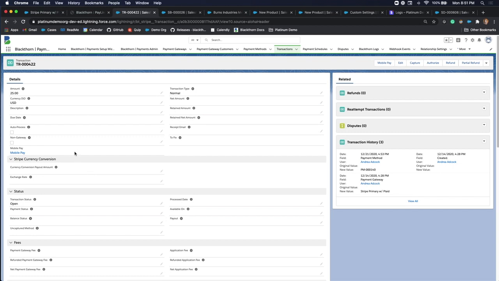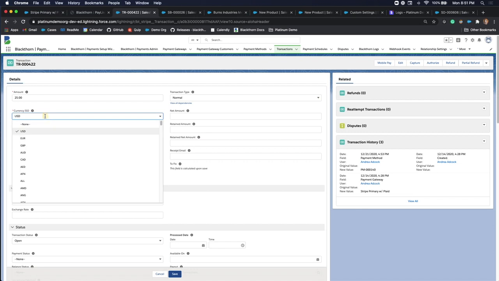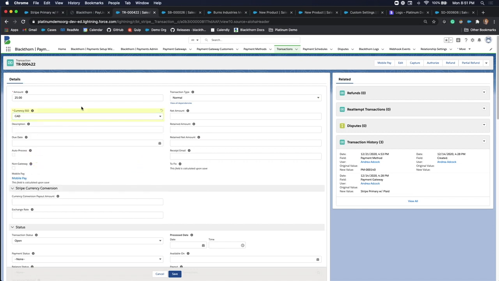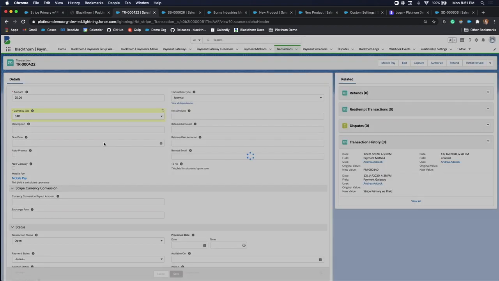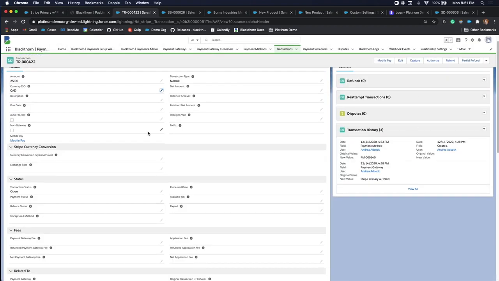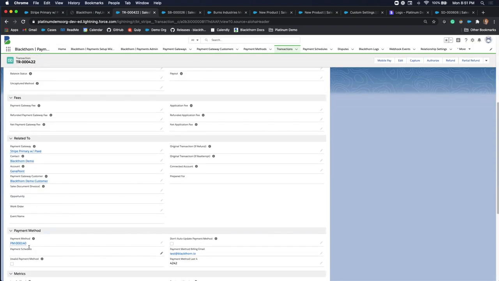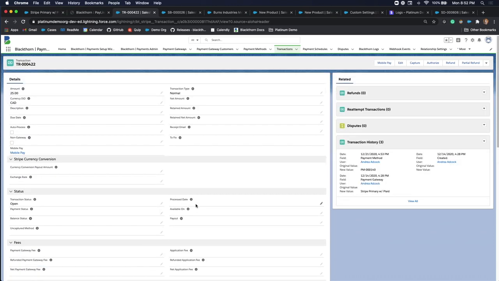So just to show you what this looks like, I have an open transaction here in Salesforce. Right now the currency is US dollars. I'm going to change that just so I can show you that conversion. I'll change it to Canadian dollars. So go ahead and save that. I have a payment method tied to this transaction, and so when I process this payment,